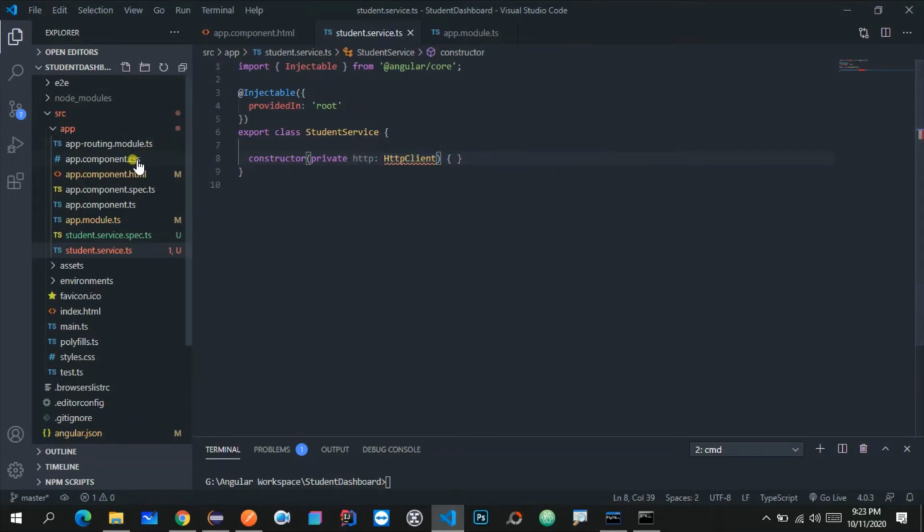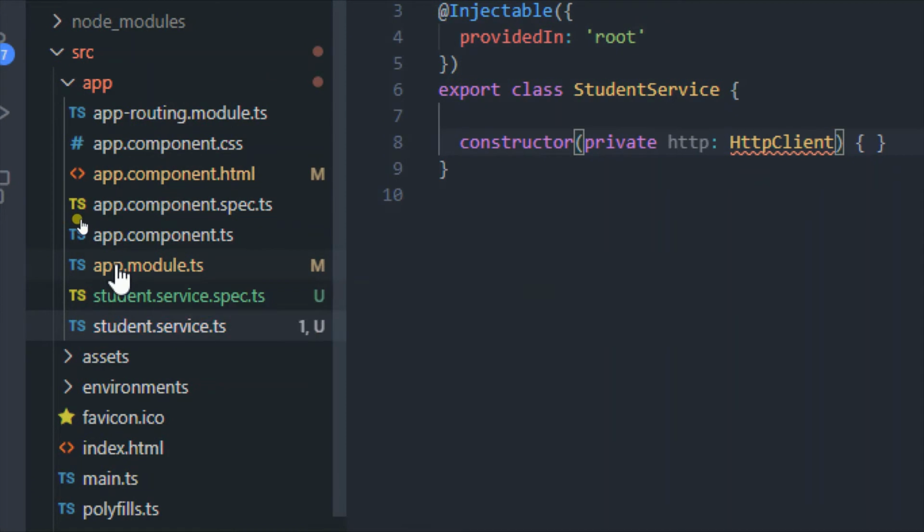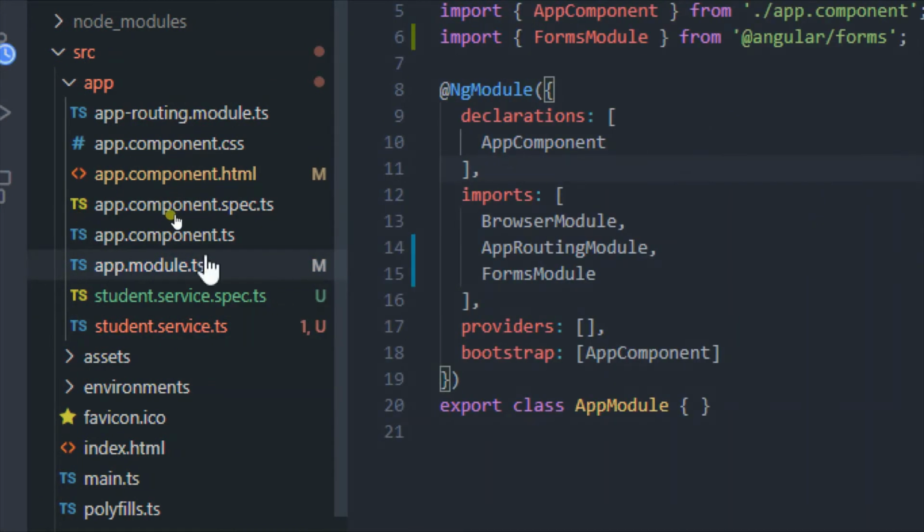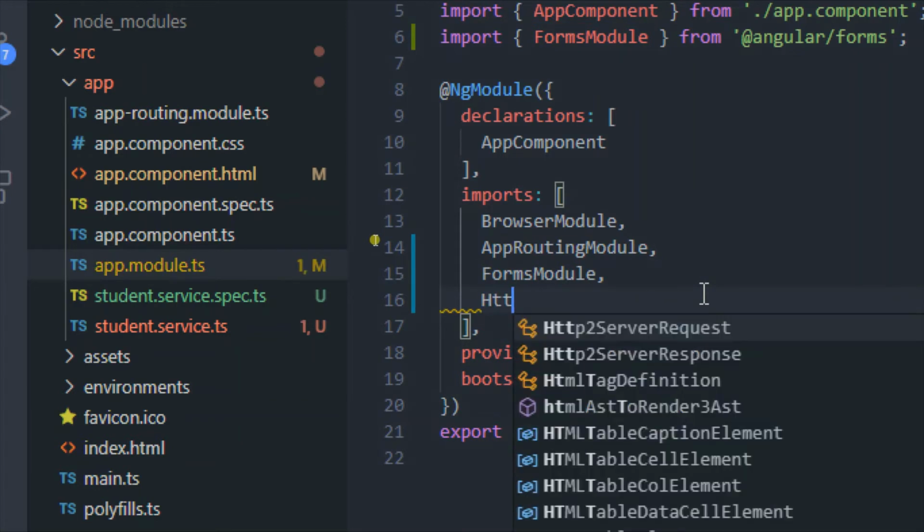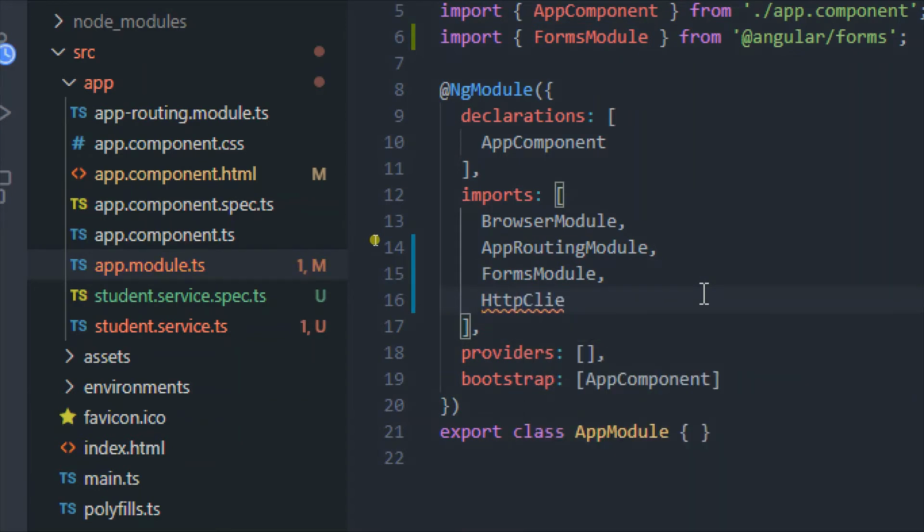First of all we need to go into this forms.module.ts, and over here we just need to import HttpClientModule, and this HttpClientModule comes from @angular/common/http.